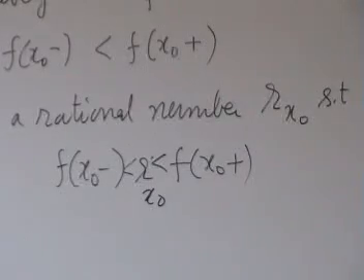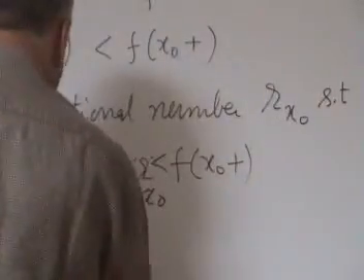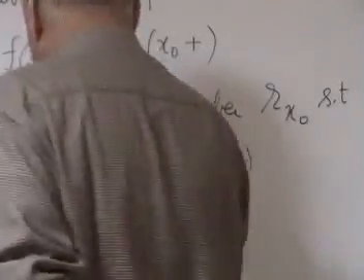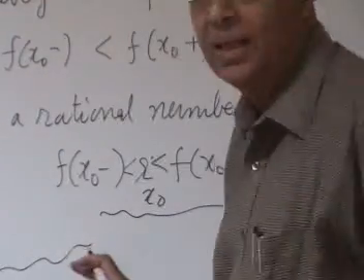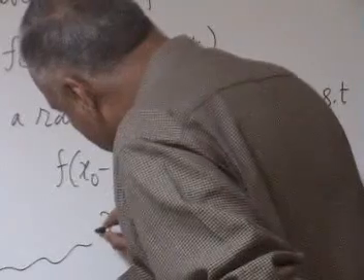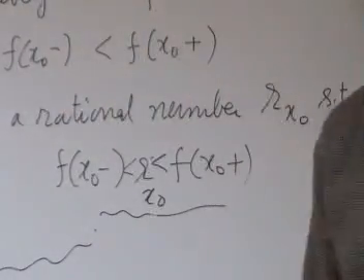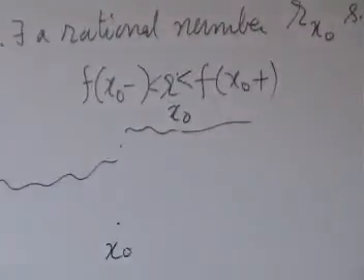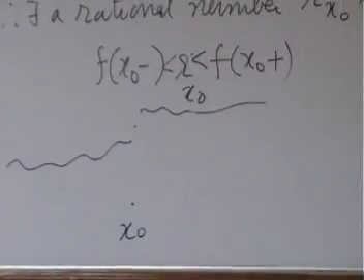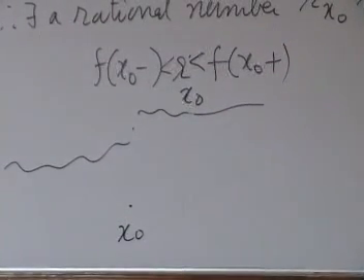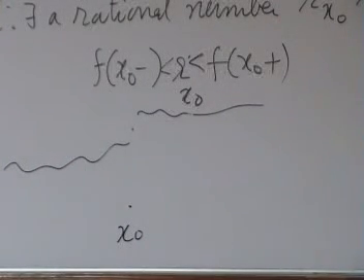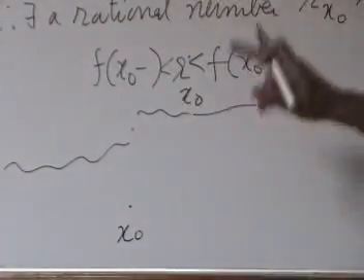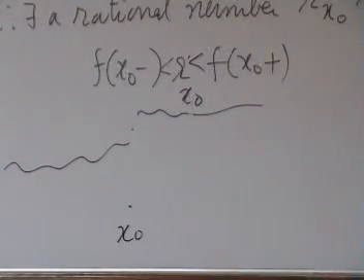Okay. So what this is saying is, I come from the left of x naught, I come from the right, there is a jump. In that jump, between these 2 points, there is a rational number, Rx naught. That is what I am trying to pick up. Between the 2 jumps, there is a rational number. Look at those 2 heights. Irrespective of whether the heights are rational, irrational or not, between those 2 heights, there is a rational height. That's all. That is what I am calling Rx naught. So, therefore, corresponding to every discontinuity point, I have a rational number.